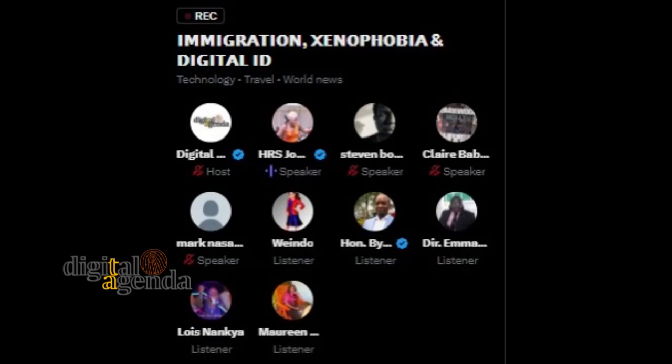We're having irises, scans, fingerprints, and it brings the other question: is our data safe? Are our governments doing enough to protect our data? So it brings me to that point where I believe we just pray and trust that the government is doing its part to protect us, because at a certain point, if a criminal gets this information, then I believe we